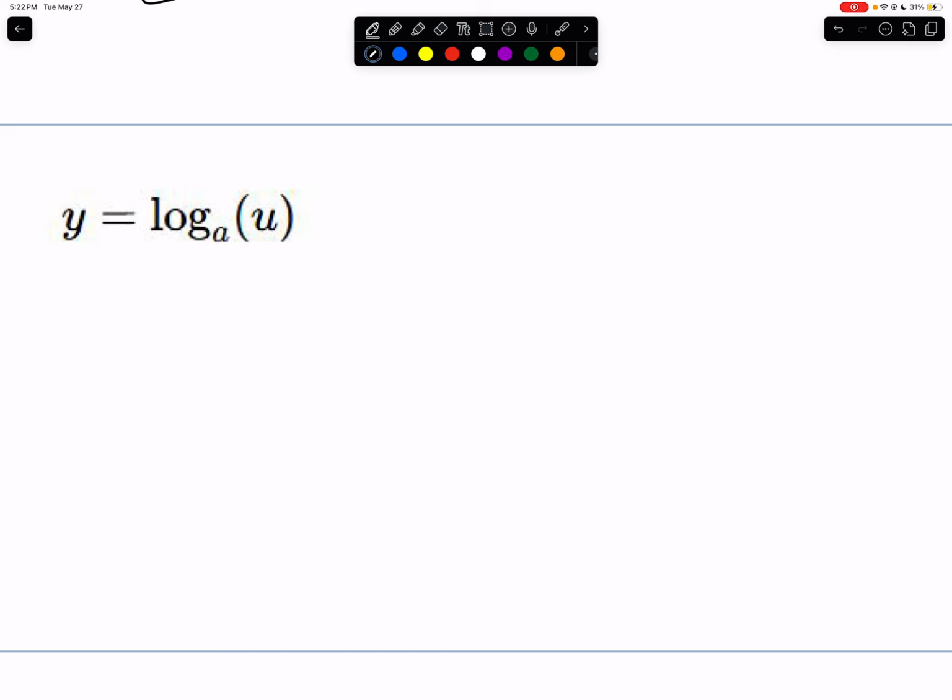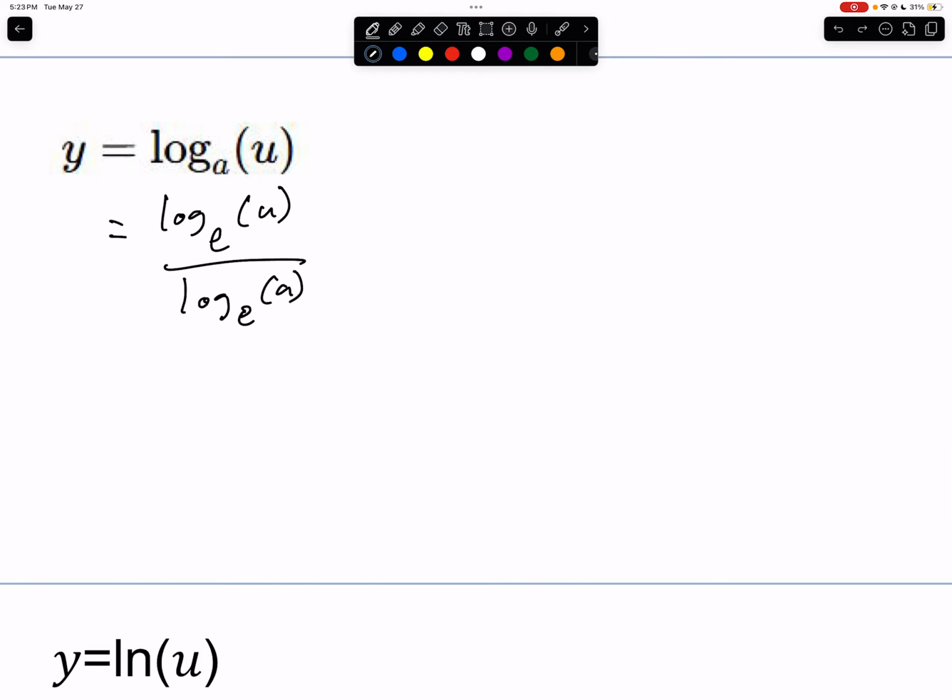This is the same as log base e, you can change it to any base, so log base e of u over log base e of a. Now, one thing to keep in mind here is that log base e of a is actually a constant, because we're assuming the base is a constant. So then you can do dy dx. We can actually factor out this 1 over ln of a, and then